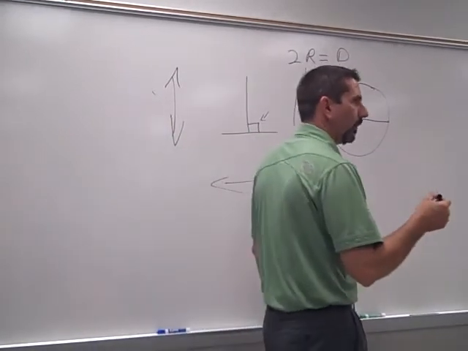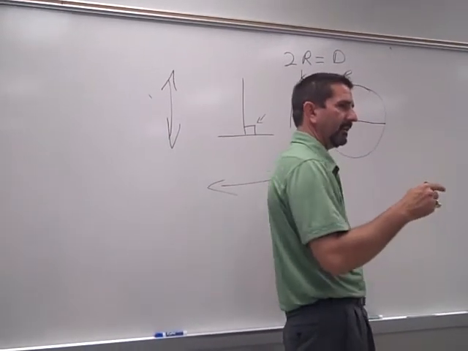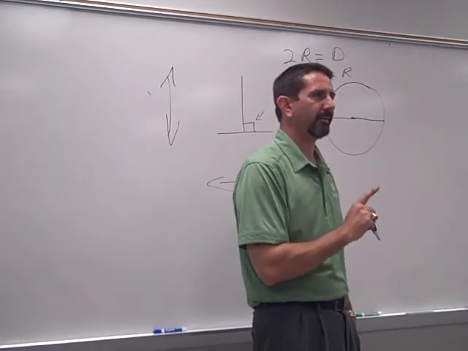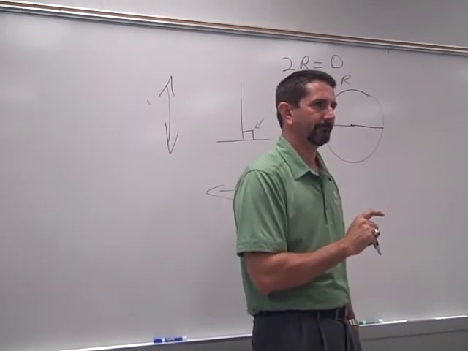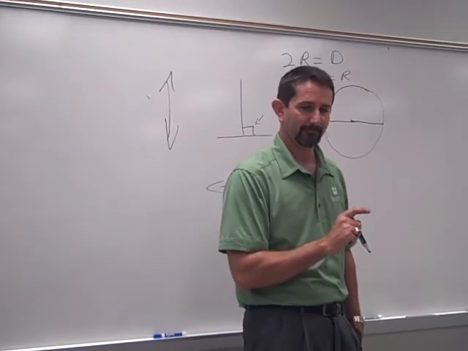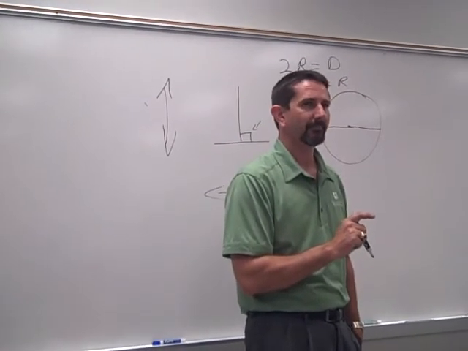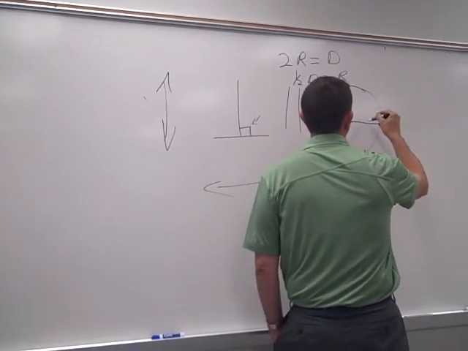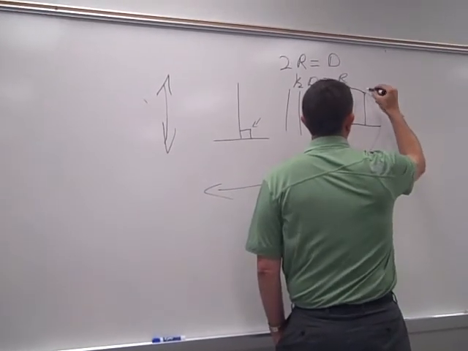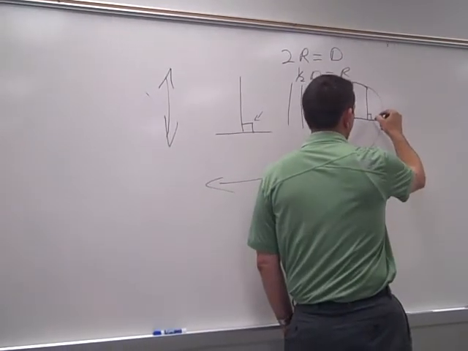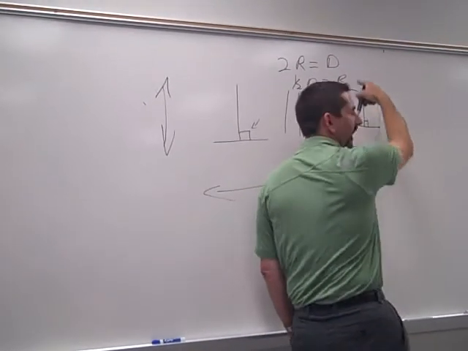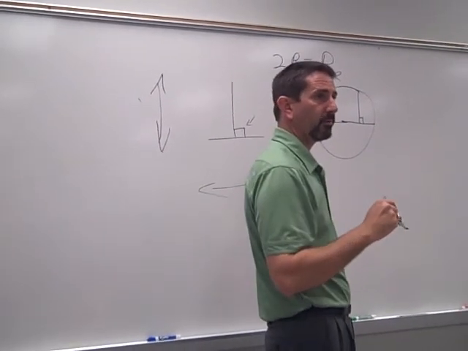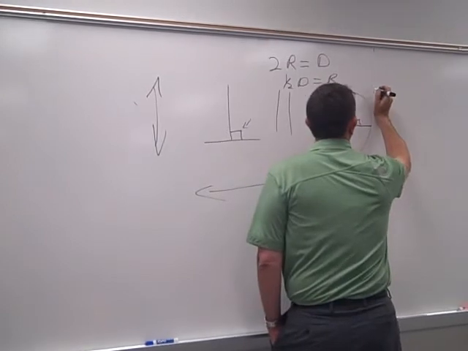Now, what do we call a line that touches the circumference at one place and is perpendicular to the center line of the circle? Tangent. Very good. Now, this line is a tangent because it is perpendicular to the radius and touches the circumference in one place. But what you will see as far as tangents are concerned with our drawings are going to be lines